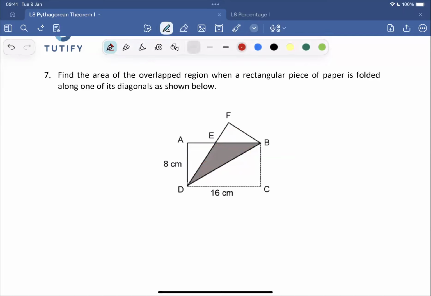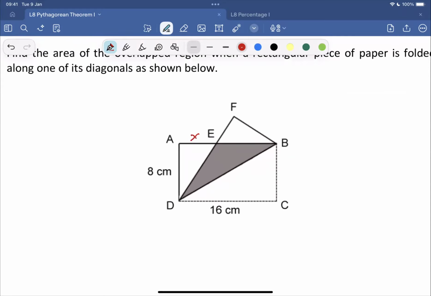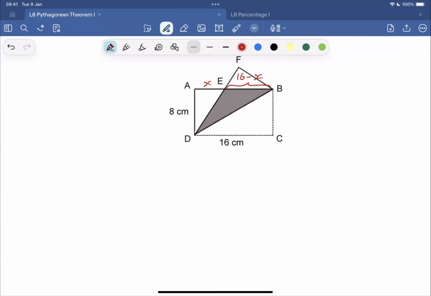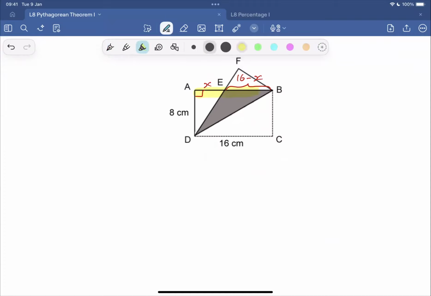So the question is asking you to find the area of the overlap region. Now, if I were to call this X, and I know that this is 16, then I will call this length 16 minus X. Why am I doing that? Because I want to make use of this right angle triangle. Can you see, students? There's a right angle triangle here. So, by Pythagoras theorem,